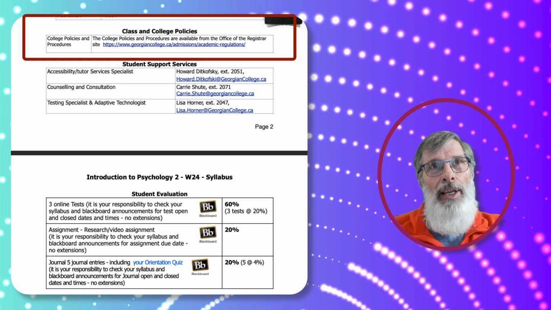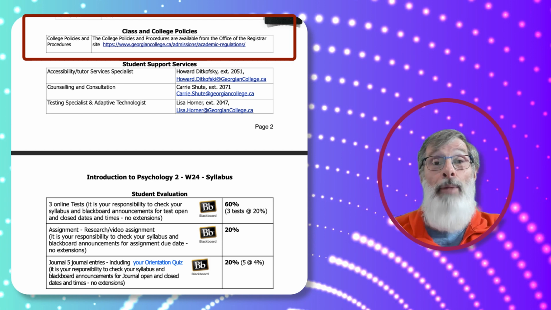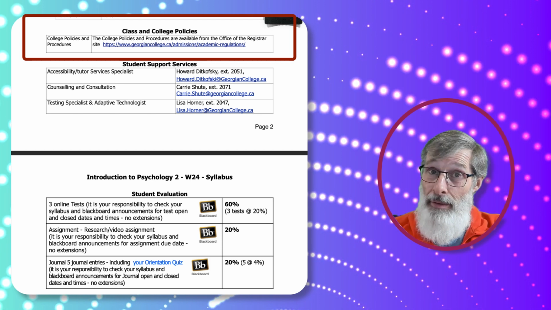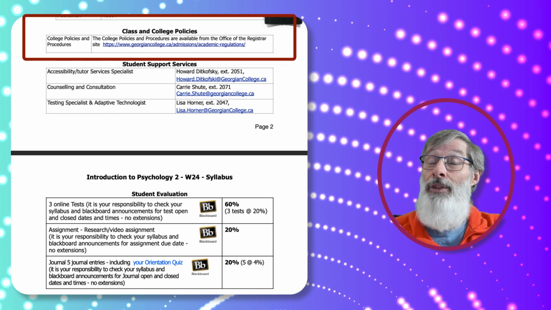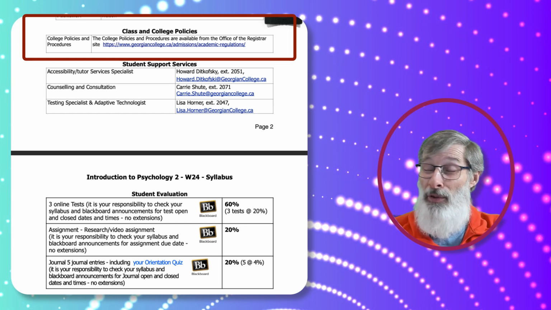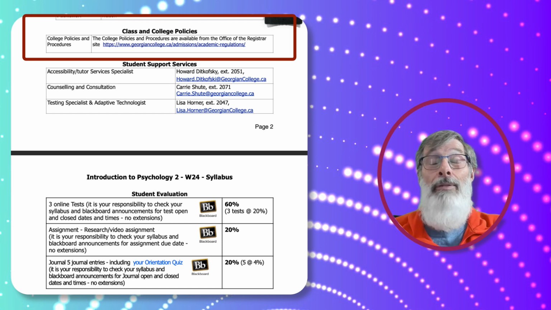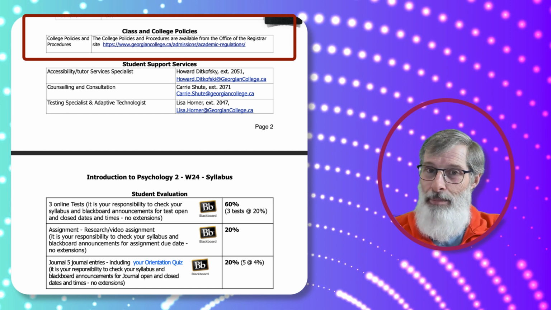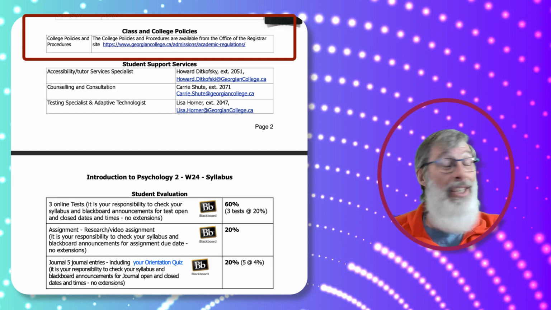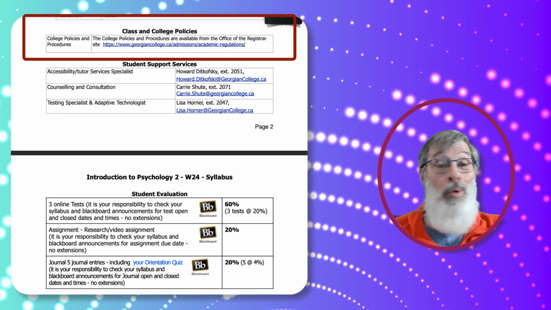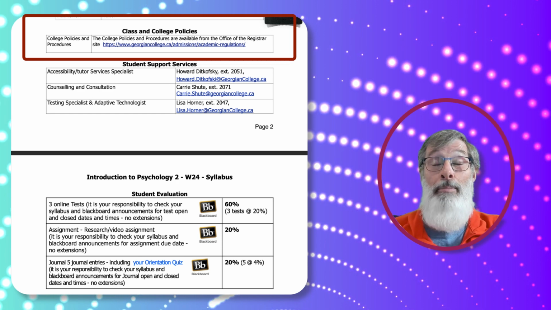But that site will give you some indications about what circumstances by which a faculty will accept a request for an extension or to reopen something that was missed. Most circumstances are not accepted. So please avail yourself of the regulations, because if you ask me for an extension or to reopen something and it does not fit within the college policy, I won't be opening or giving an extension. It's unfair to the rest of the students who have done their best to do it on time.